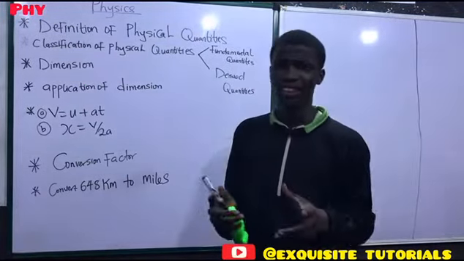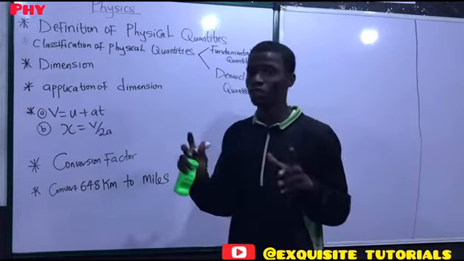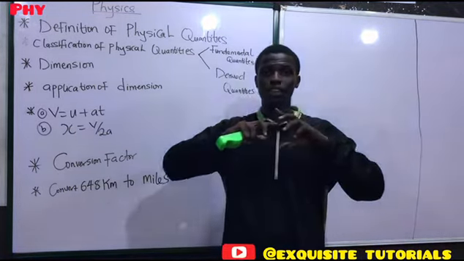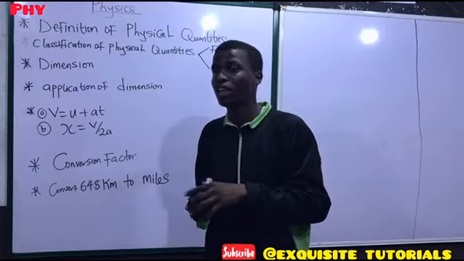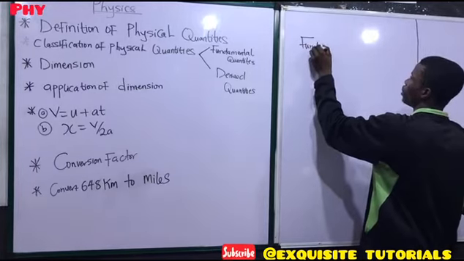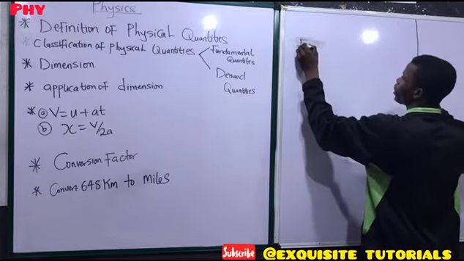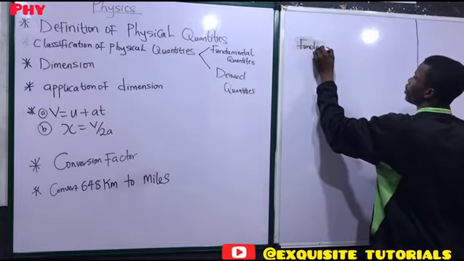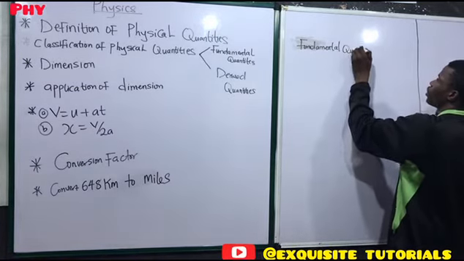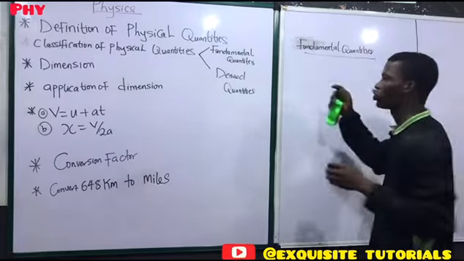The fundamental quantities are basic quantities. They are the basic or universal quantities of all other quantities. All other measurements are gotten from these standard quantities, and they are usually represented. Examples of some fundamental quantities include the mass of a substance,